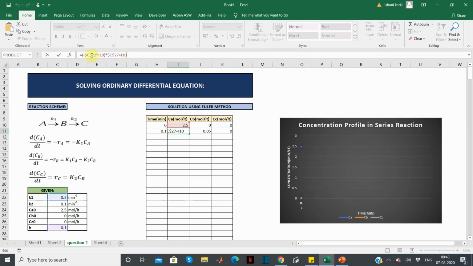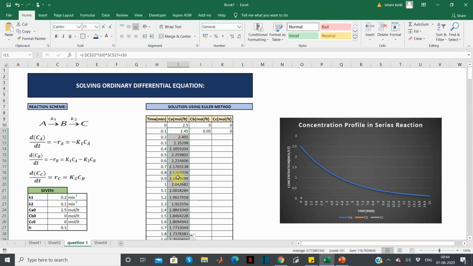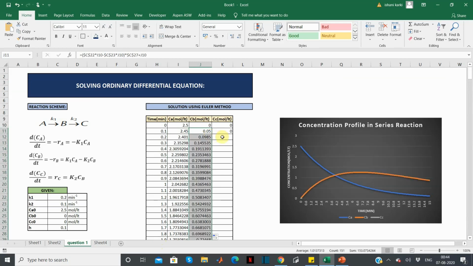So K1 will also remain the constant and CA will keep on changing. So on putting the equation here, just enter it, and yeah, you can double click here, and similarly here, yeah, all the values will get filled automatically. Similarly here and here also.